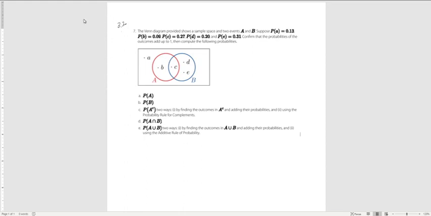We've got A here, the probability of A. That's going to be the probability of the outcomes in A, so that's the probability of A plus the probability of B plus the probability of C, which equals 0.13 plus 0.09 plus 0.27, and that ends up to